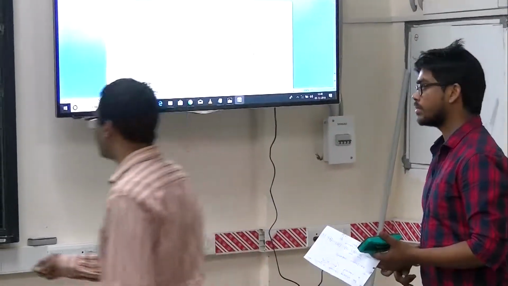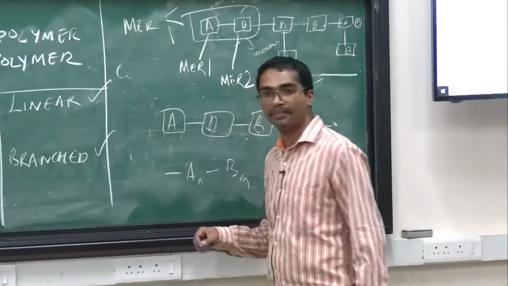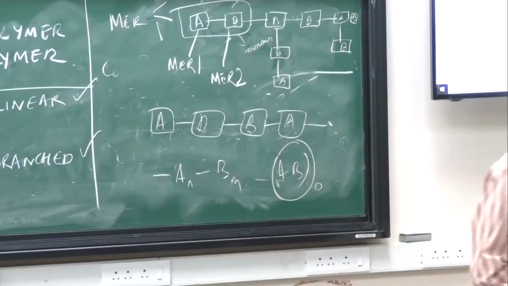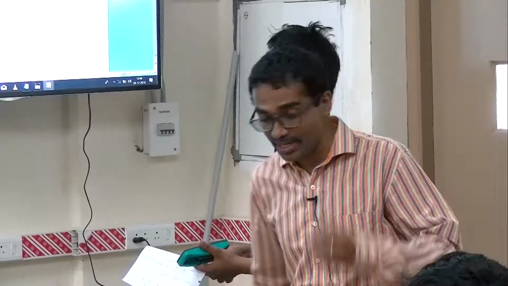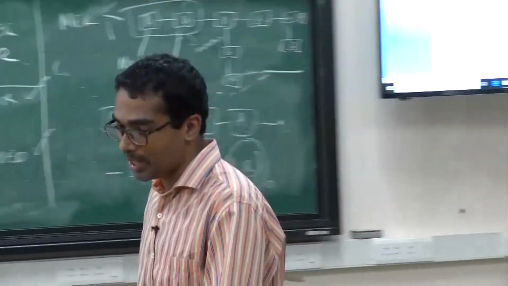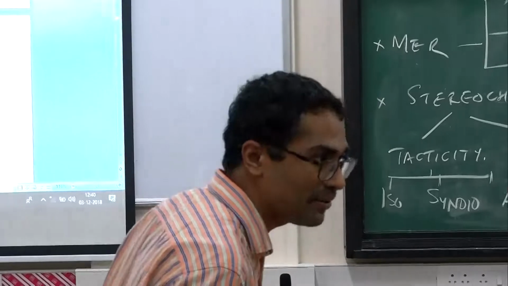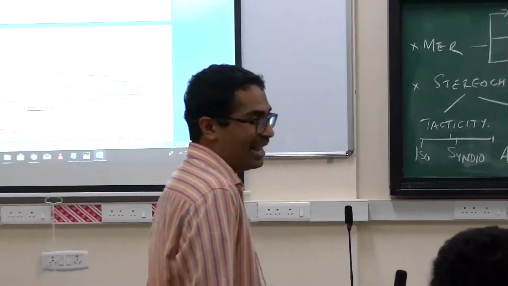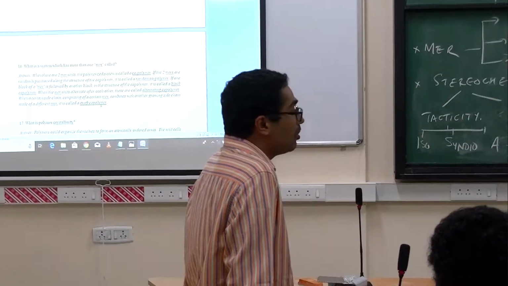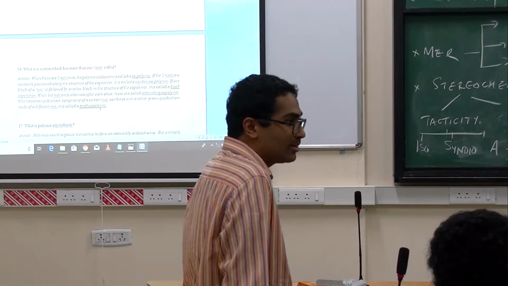Or you can just define it as A and B are monomers. No, their question is the distinction between mer and monomer. That is really the question. So, monomer is whatever is repeating in order to give rise to the polymer. That was the definition that we looked at: the repeat unit, in other words, is the monomer. Now, what happens if you have more than one mer?